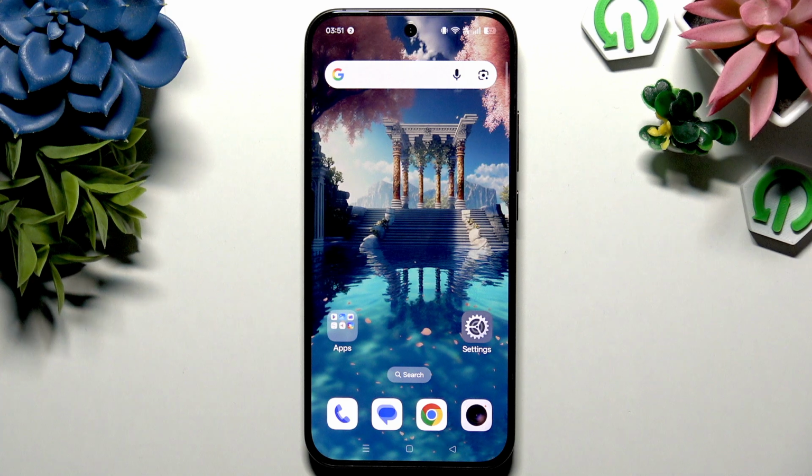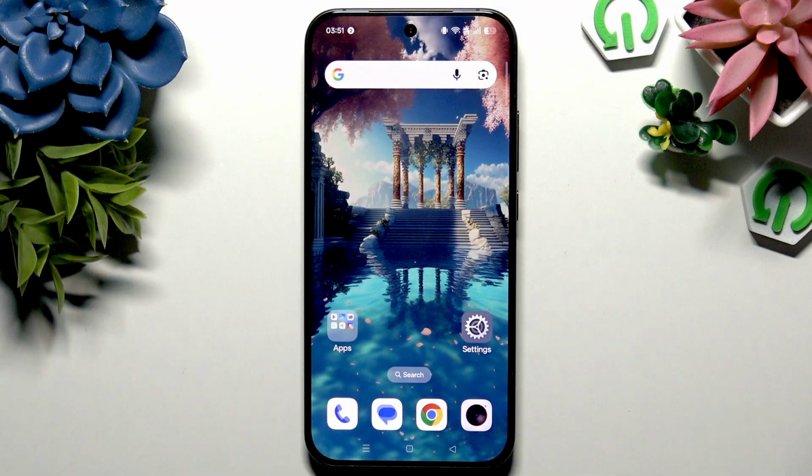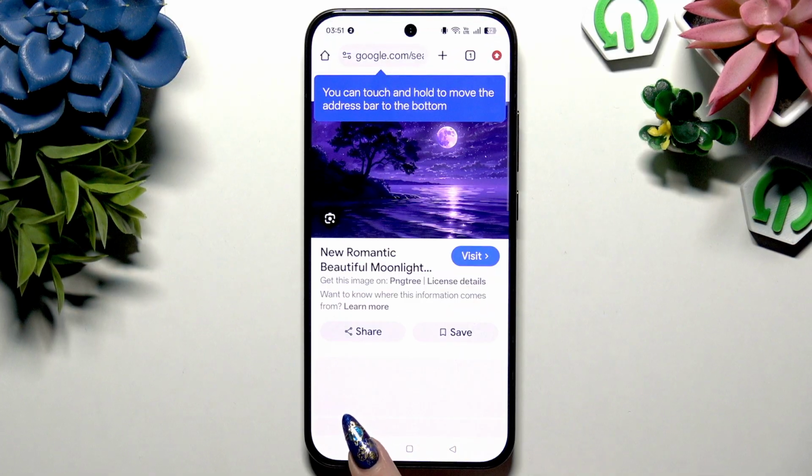In front of me is OPPO Reno15 Pro, and today I would like to show you how you can open apps in split screen view. All you need to do is launch any app you wanna use in this view and access it in the